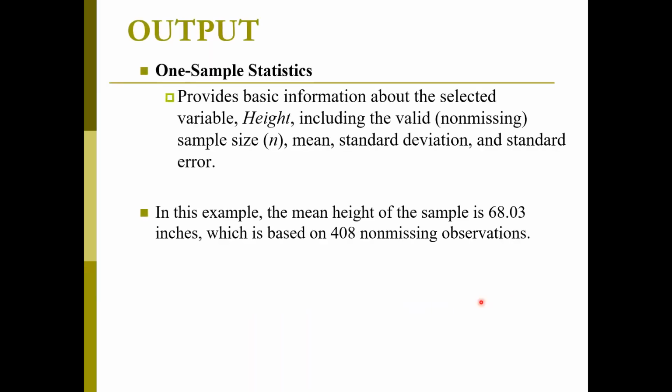So the output, how do we interpret the output? It provides the basic information about the selected variable height. Remember, there are no missing. Remember again, our mean height, already explained it, is what? 68.03 inches, which is based on what? 408 non-missing observation. Whilst if you want to do a detailed interpretation,